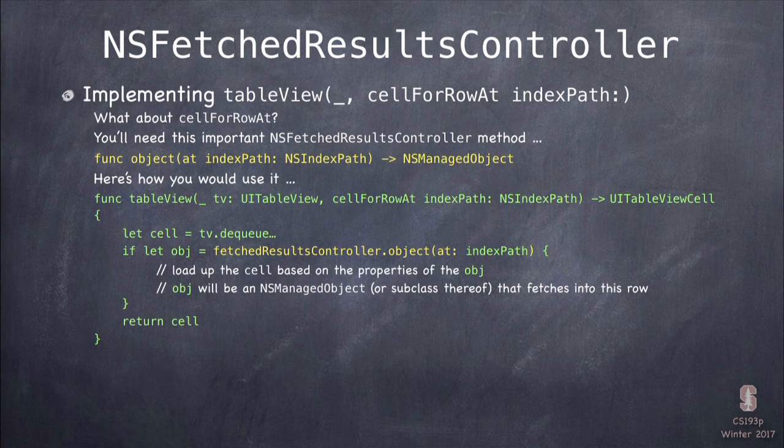But you can see that the fetched results controller, that code in yellow right there in the middle of cellForRowAt indexPath, is doing all the work to figure out what tweet or what Twitter user is at this row in the table. So the code on the last slide and the code on this slide, you'll have to type that code in anytime you're using an NSFetchedResultsController.